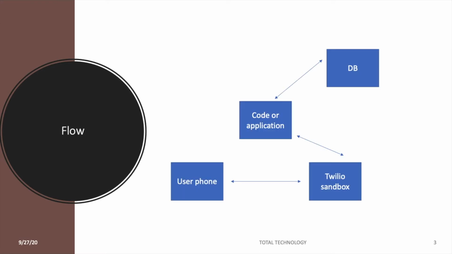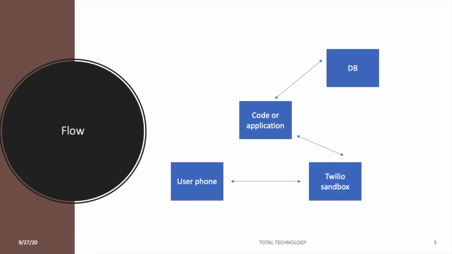And this is the high level data flow diagram, or architecture. The user phone sends a message to the Twilio sandbox number, and from there it goes to the code, meaning the application you have written, which is on our local machine right now. It does some operations back and forth in the DB, and from there the response comes back to the user phone. So this is the high level workflow. I have explained this many times in our earlier videos. If someone is new to this course or tutorial, please go ahead and watch from the beginning. This is tutorial number 19, so before that we have 18 tutorials.